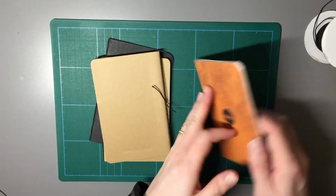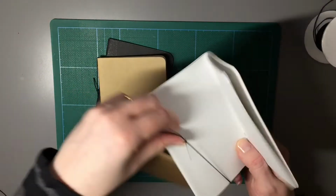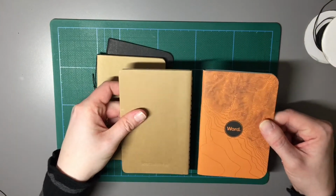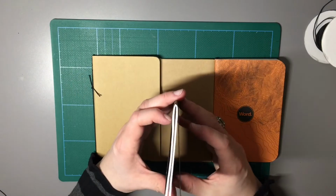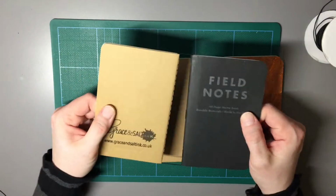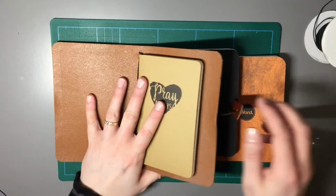So find the central page on this one, and then I'm putting that through the other half of that loop, so they're now stuck together. And the same on these, find the central page on that one, and they're stuck together. Then bring my inkDori back out,